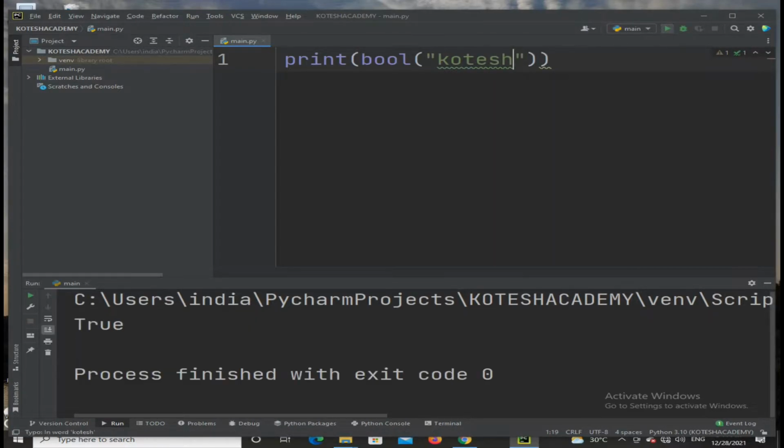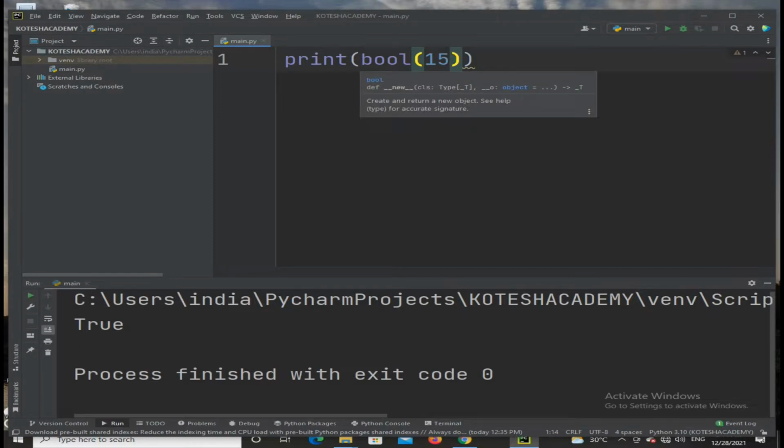After execution of this, you will get whether it is true or not. So that's why it can be converted from string to Boolean expression. Similarly, if you take the same example in terms of integer, that can also be converted. That's why you will get true. Okay, so whatever values you have, finally you can convert them.